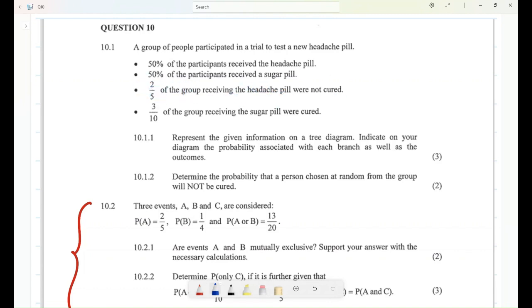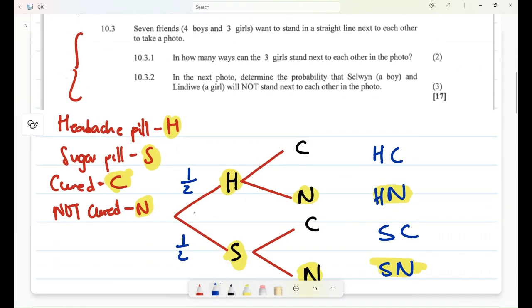Receiving the headache pill were not cured. Headache here were not cured here. So they say 2 divided by 5. But remember, I said the probability of something should be equal to 1. So the probability of this plus this should give me 1. So you can say 1 minus this is going to give you 3 divided by 5 for this one, the cured branch. Then for the other branch, it will give you,